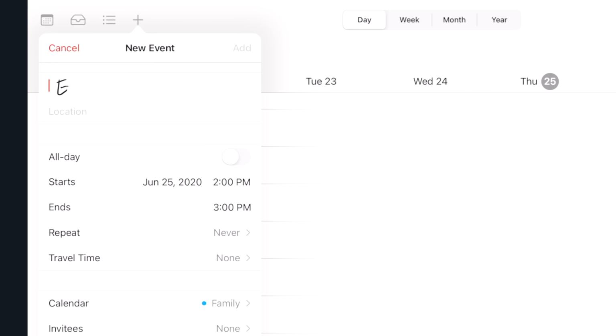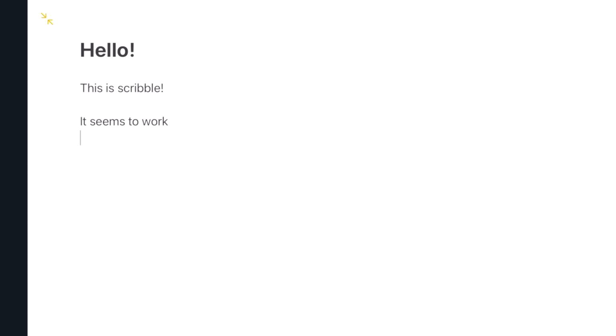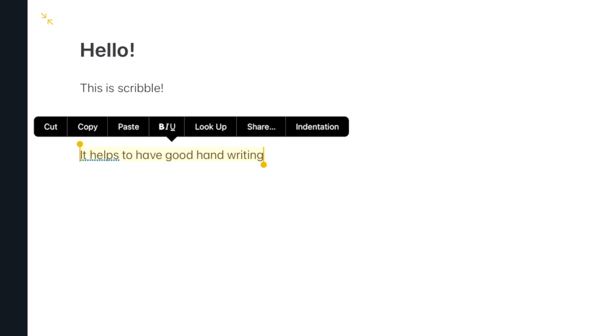I could write out a calendar event in the Calendar app, things that I need to get done in reminders, etc. If I make a mistake, I can just simply scratch to delete, or if I want to select a word, you can do this by drawing a circle around it. This makes the Apple Pencil much more useful across the entire operating system rather than specifically inside of a drawing